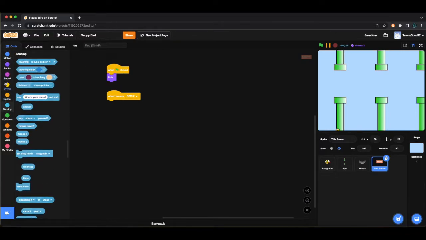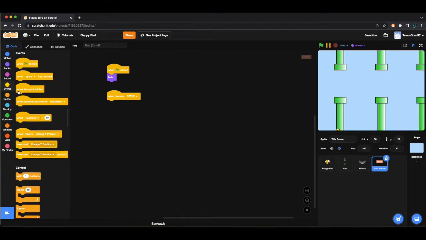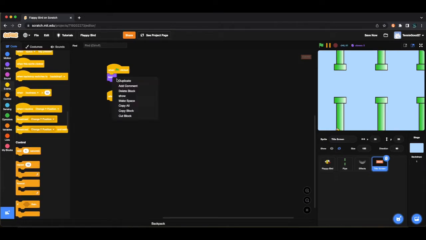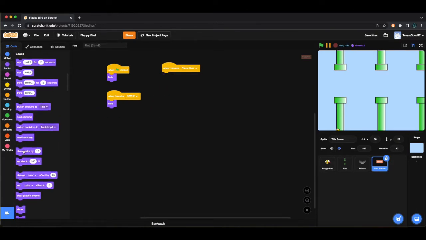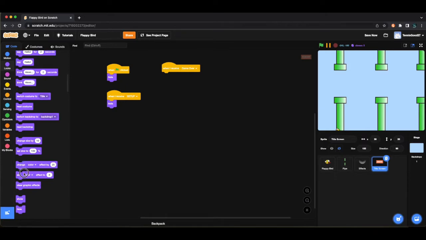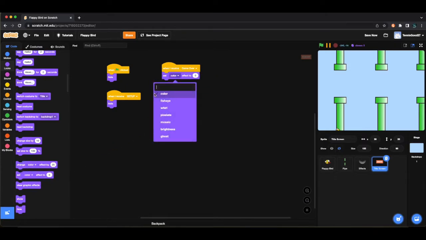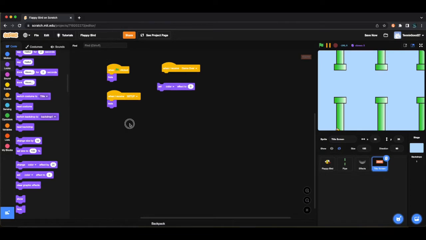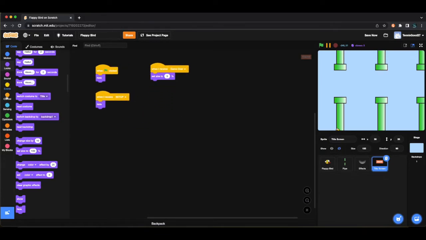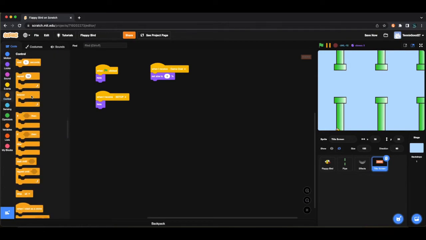And then what I'm going to do is, when I receive game over, I'm actually going to set size to 5%, and then in a forever loop,